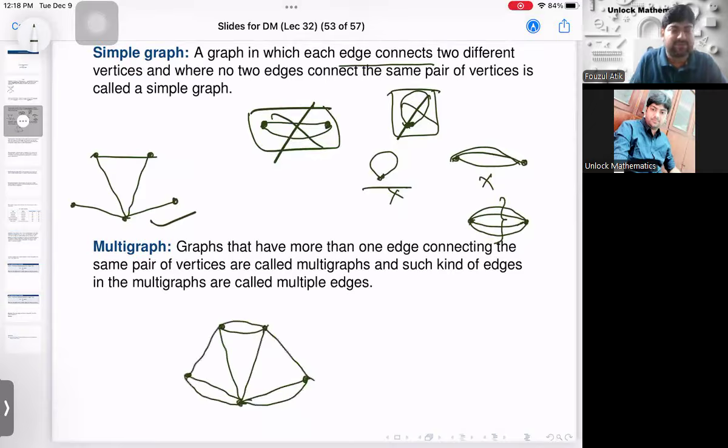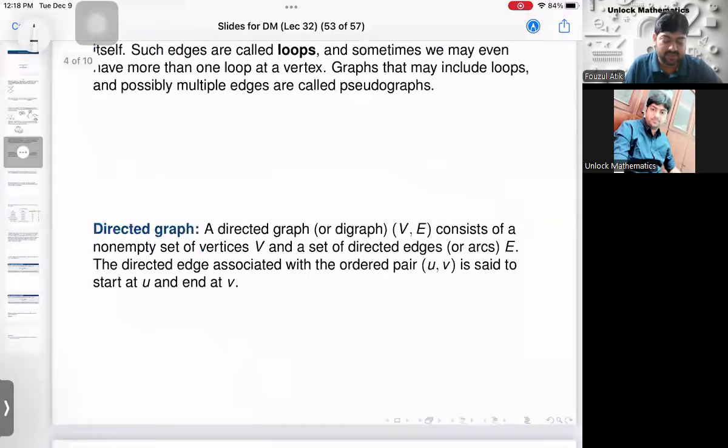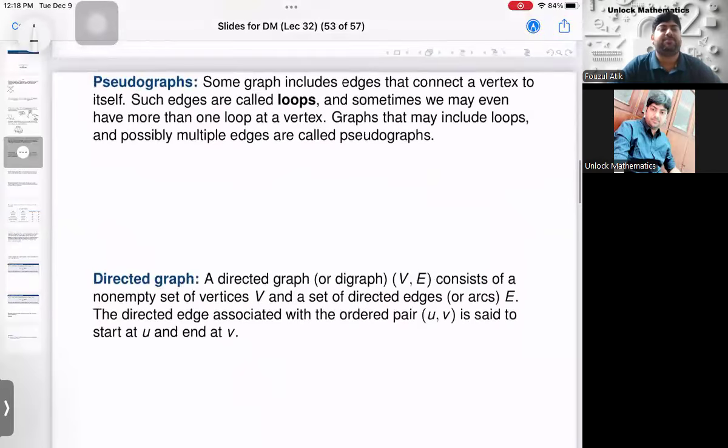So I have some edges that are simple edges and some edges that are multiple edges. This is an example of a multigraph, and these are the multiple edges. These are multiple edges. These are multiple edges. Clear? Okay, next. Pseudograph. Some graphs include edges that connect a vertex to itself,